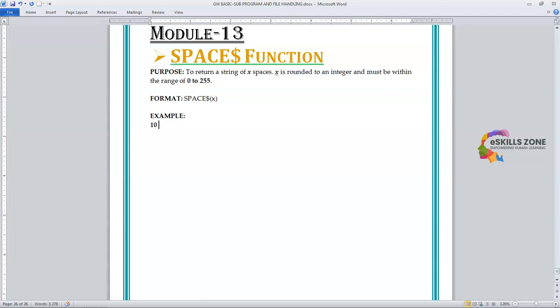On line 10, FOR N = 1 TO 5. Line 20, X$ = SPACE$(N). And line 30, PRINT X$; N. The semicolon is used as a space over here. Line number 40, NEXT N, used to close the loop. When we run this program, the output would be like